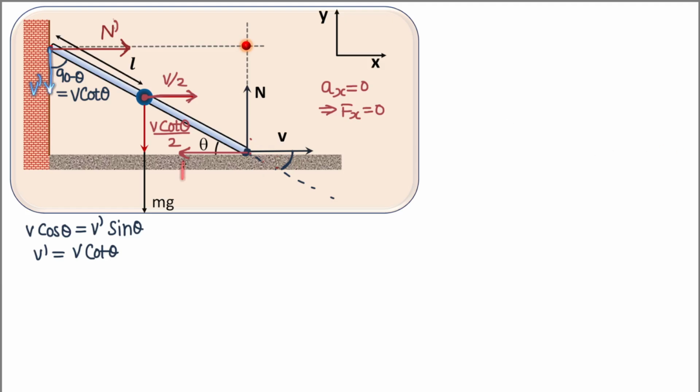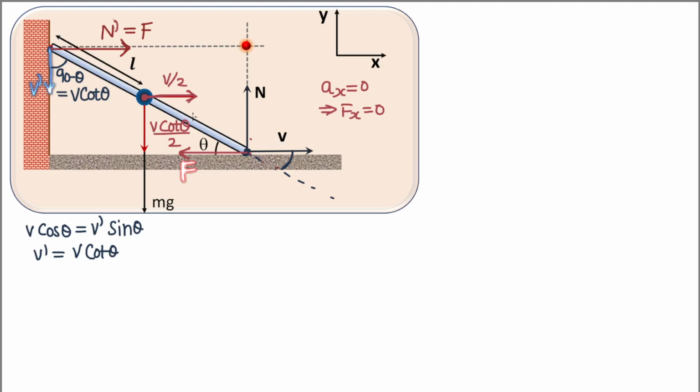Let me make it more clear. Okay, so this is my force F acting towards the left. And since the net force has to be 0, the force towards the right, n dash, has to be of the same magnitude, right? So now we have used this part, that acceleration along x is 0, so net force is 0. So net rightward is equal to net leftward, right? So we have to determine F, so that is why I'm keeping this F instead of n dash, right?